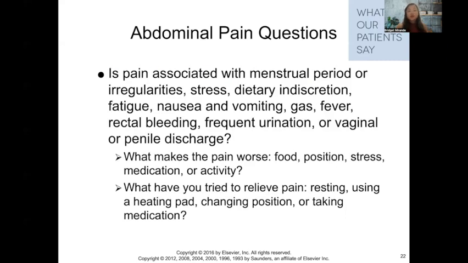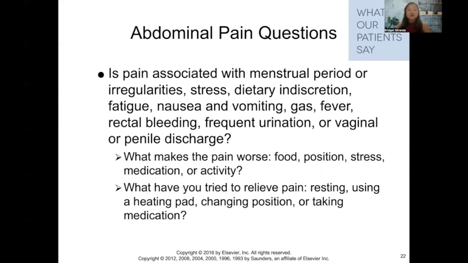Pain can also be associated with menstrual cycles and irregularities. We can also experience abdominal pain when we are overly stressed, when we are eating things that we shouldn't be eating, or maybe restricting ourselves from eating things that we need. It's often associated with fatigue, nausea, vomiting, increased gas, fever, rectal pain, frequent urination, or vaginal or penile discharge. So just because it's presenting as abdominal pain, it may be referred pain from our other symptoms, or our systems,